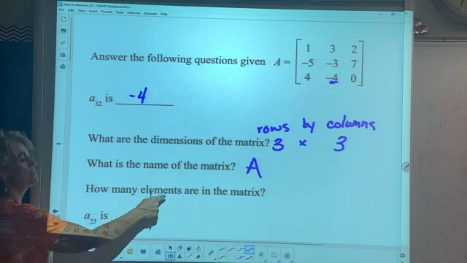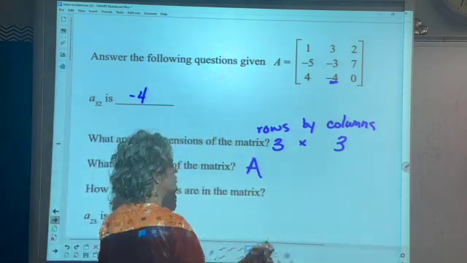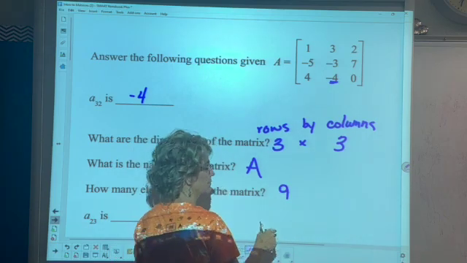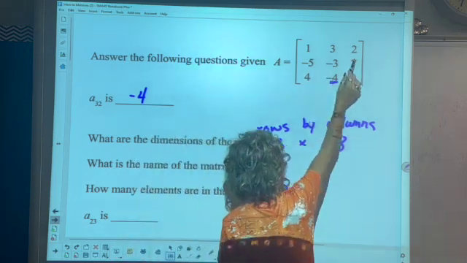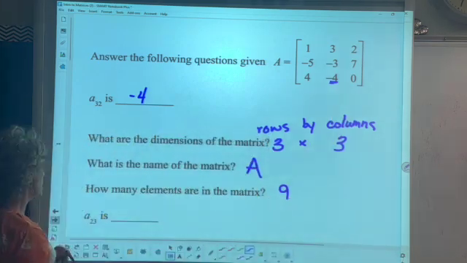How many elements are in the matrix? Well, it's a 3 by 3. We can take 3 times 3. We have 9 elements, or you can count them. 1, 2, 3, 4, 5, 6, 7, 8, 9. Okay? Last but not least,